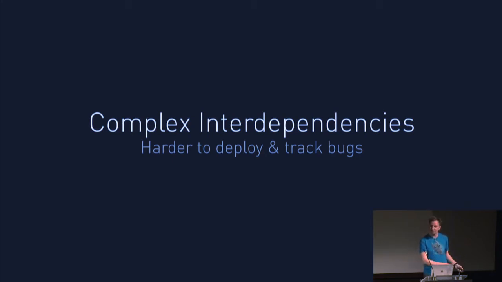If I have 4 or 5 services and they've all got a new release, what order do I release them in? Does this new ordering service depend on this new user service? What about this other one? You can get into a case where something is impossible to deploy because there's a circular dependency of new versions. In development it's not a problem, but when it comes time to push the button in production, you quickly find that you can't push through it without doing them all at once and crossing your fingers.